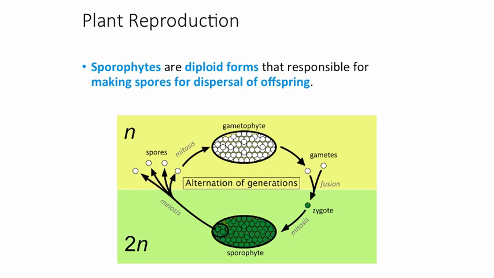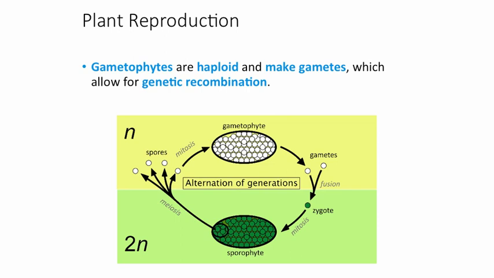Then when those spores land, they can grow into the haploid gametophytes, and those undergo mitosis to make the gametes that will then allow for genetic recombination to happen when they come back together through fertilization to make the zygote, and then that zygote is going to make the